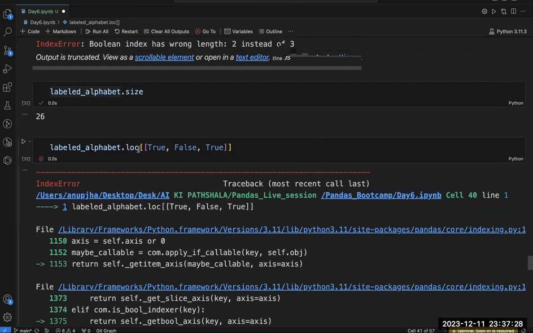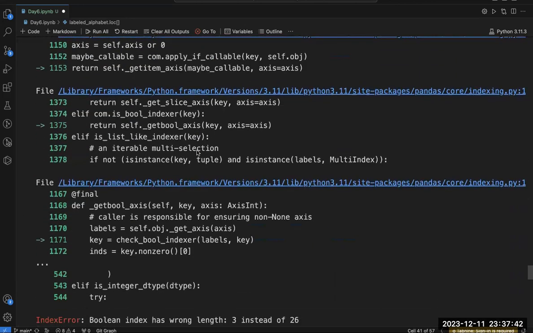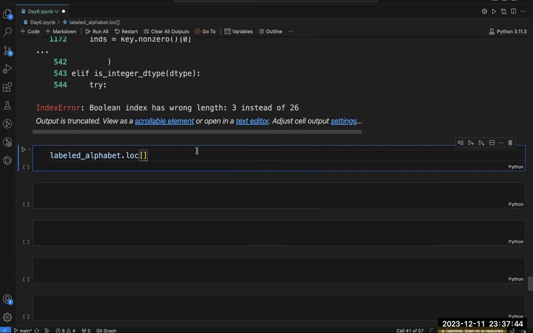I want to use this .loc and also use this Boolean. One way is to write this Boolean 26 times here, then it will be fine. The other way is to use list comprehension to achieve this.